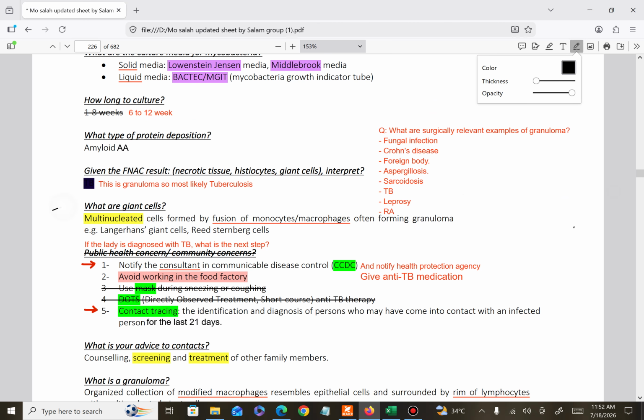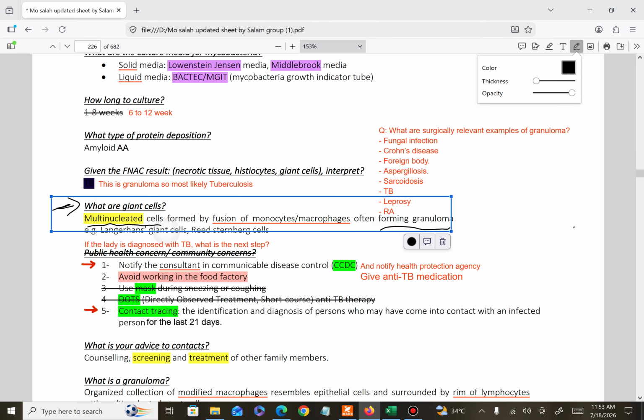Then the question is, what are giant cells? Giant cells are multinucleated cells formed by fusion of monocytes or macrophages, often forming granuloma. For example, Langhans giant cells